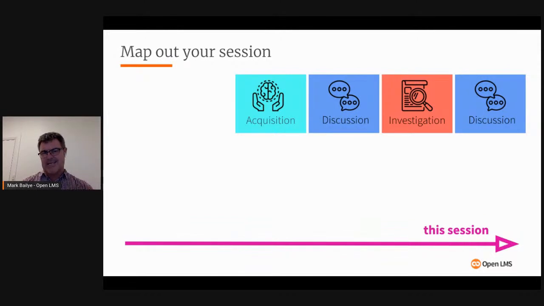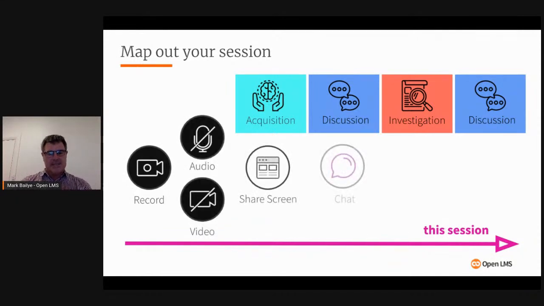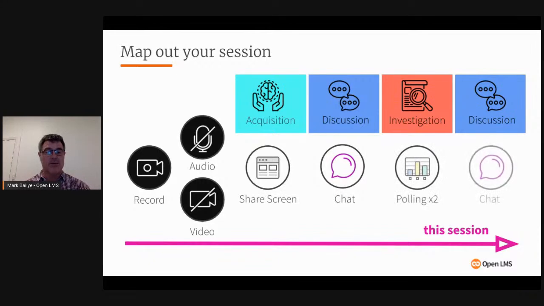So once we understand the why in terms of the learning that we want to achieve to get our students really engaged, we then start thinking about what are the tools that we can use. So again, that first part, recording, turning the audio and video on, is standard. And then we think that, hey, we want to use our share screen so students can get the relevant information